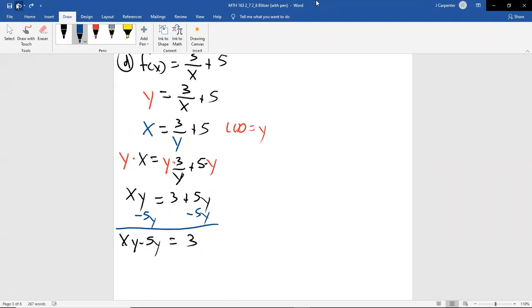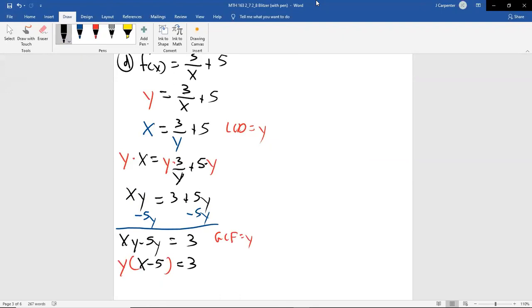Well, normally these would be like terms. We'd combine them and then divide by the number in front of it. They're not like terms, so instead what we do is we take a GCF out, which coincidentally is y. There's a y in this term, there's a y in this term, so I can factor it out. And then you're just dividing each term by y, which leaves you with x minus 5, and then that's equal to 3. Again, this algebra right here is not new.